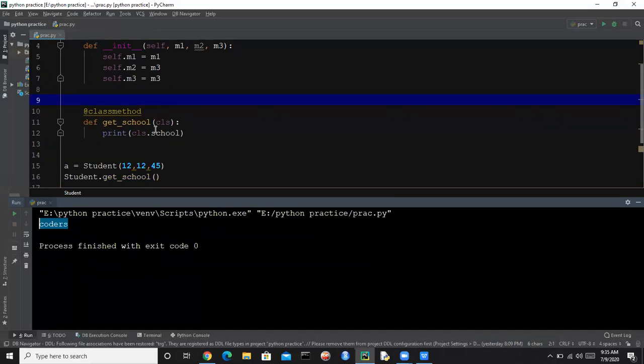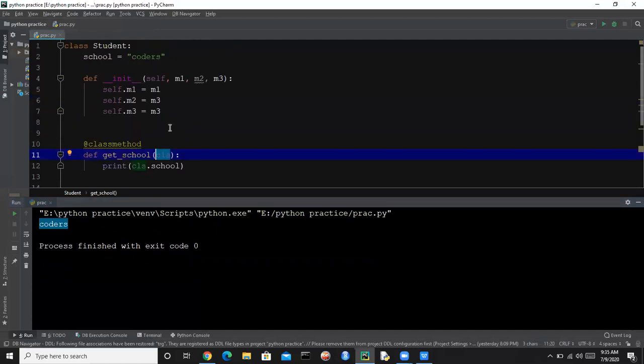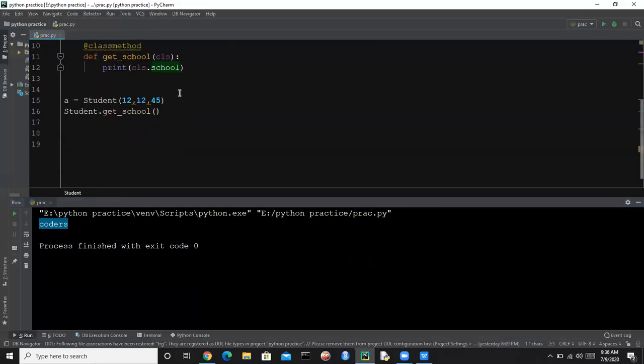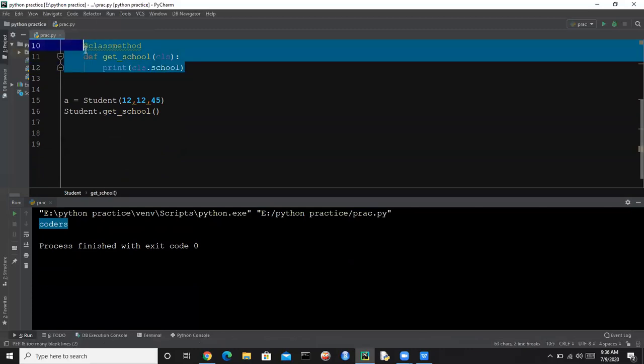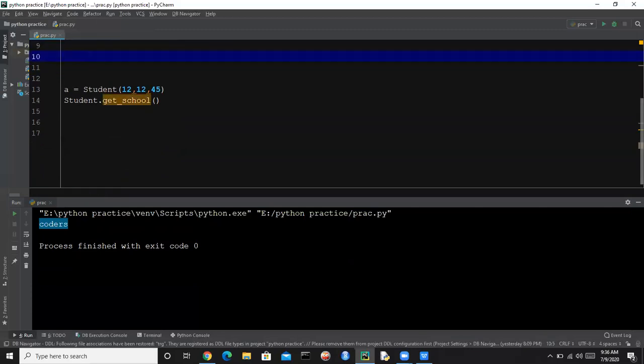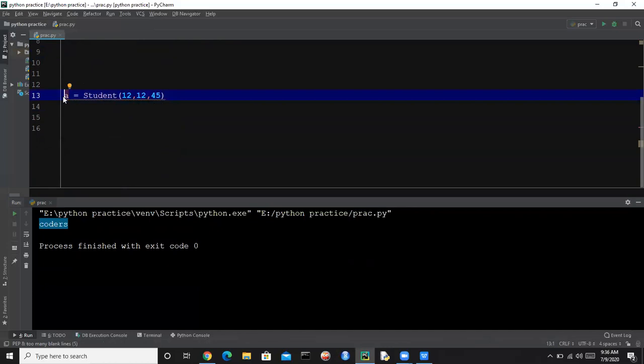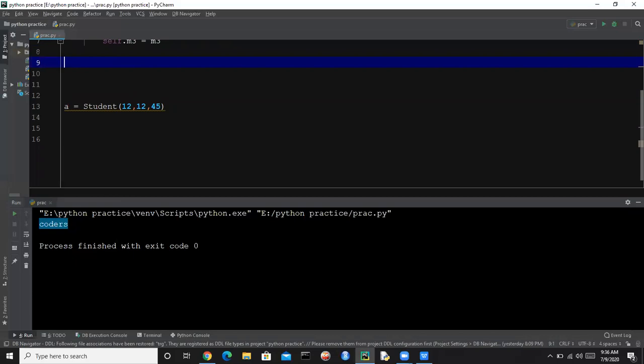So class methods only work with class variables, or you can say static variables. So this is a class variable or static variable, and a class method works only with static variables or class variables. Now we are creating a static method. Static methods are those methods that don't know about objects, they don't work with class variables, they are just a method working with a class. They don't know about class variables and they don't know about the instance variables.